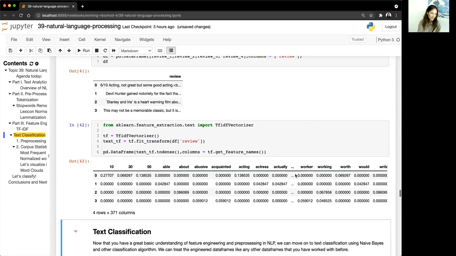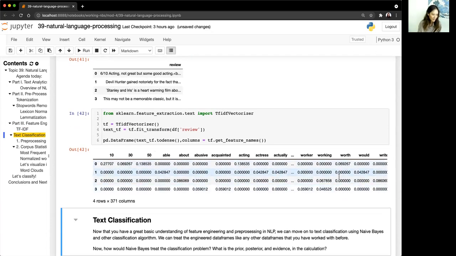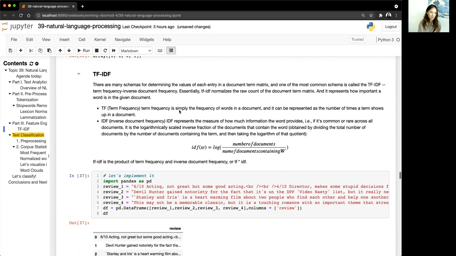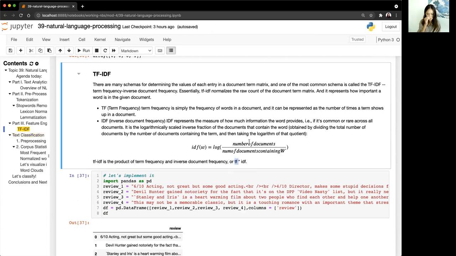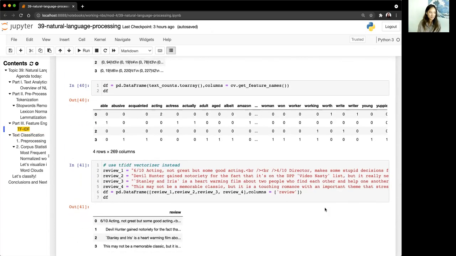If you look at our Tfidf values, they're all a lot smaller. However, it only matters that the values are all relative to each other, so it doesn't matter that they're all in the hundredths. Here you can see our Tfidf values still have a lot of zeros. Each of these values is computed using this formula: term frequency, which is the word counts, multiplied by the log of the number of documents divided by the number of documents containing that specific word. So again, it's about the uniqueness of the word.